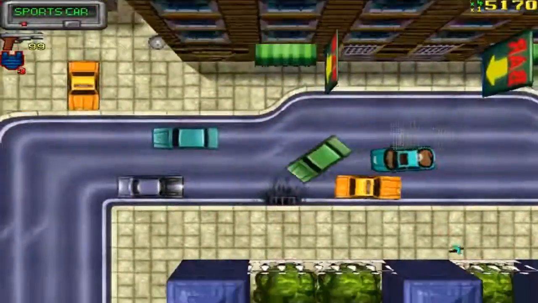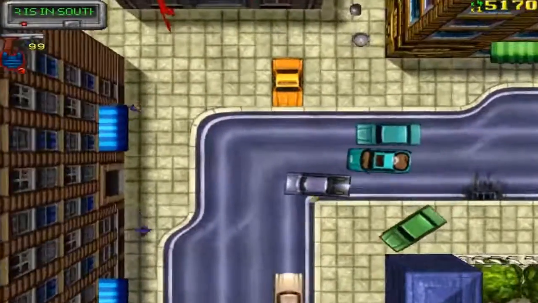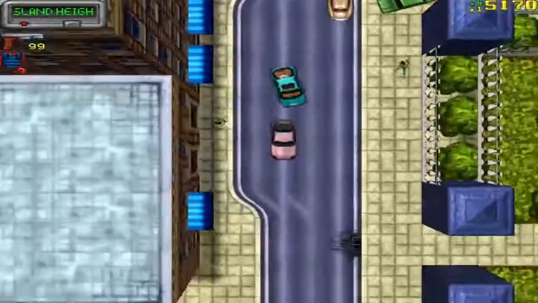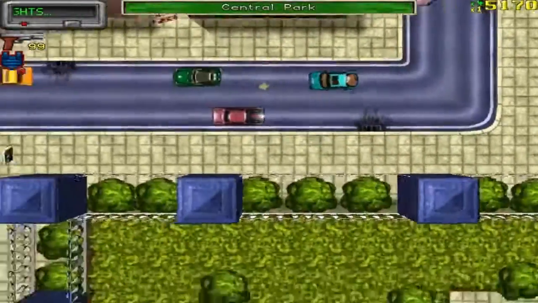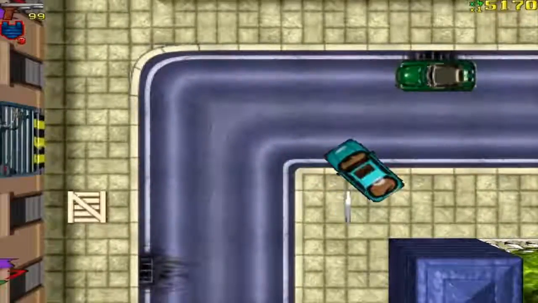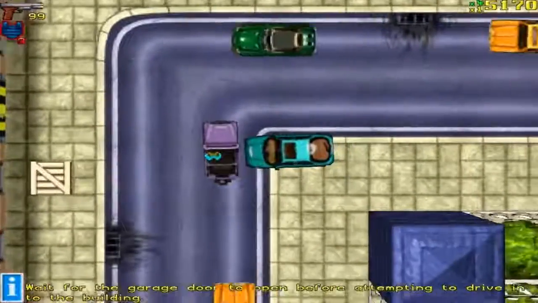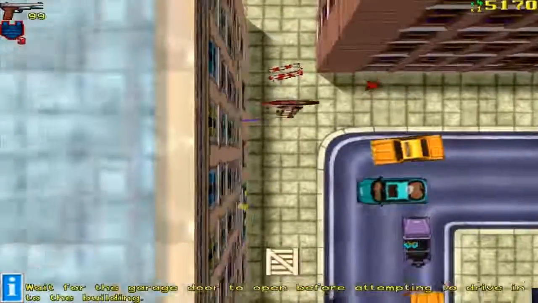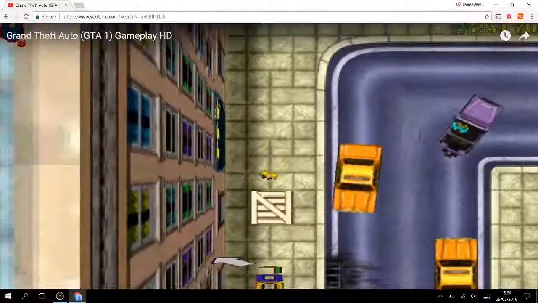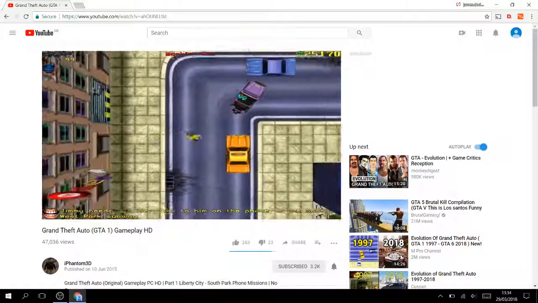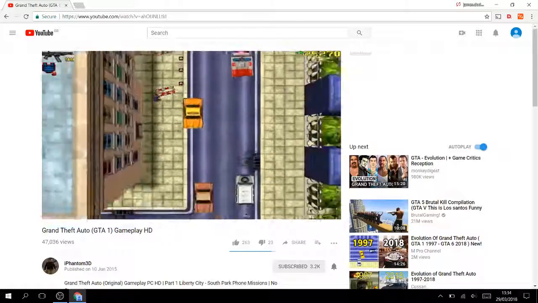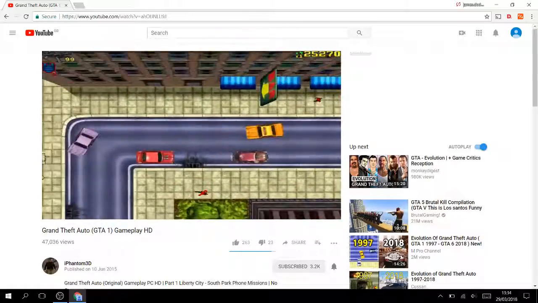But it was still the same concept of if I want to do this, I can do this. So if you wanted to drive a car down the road, crash into as many people as you want and ignore all the missions, you could completely and utterly do this. So the reason these type of gameplays and these type of games in general became so popular is the ability to do anything and whatever you wanted, would you say?